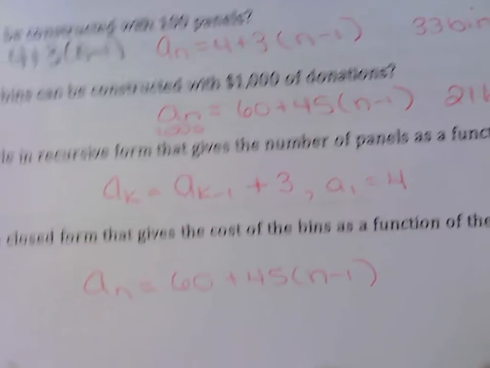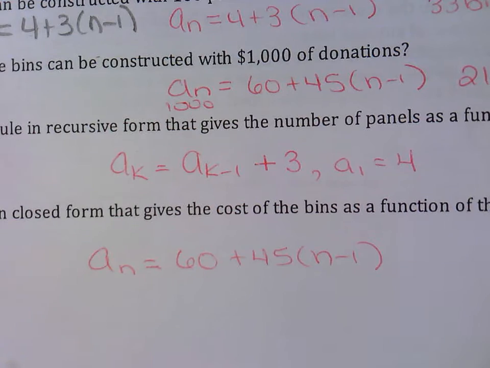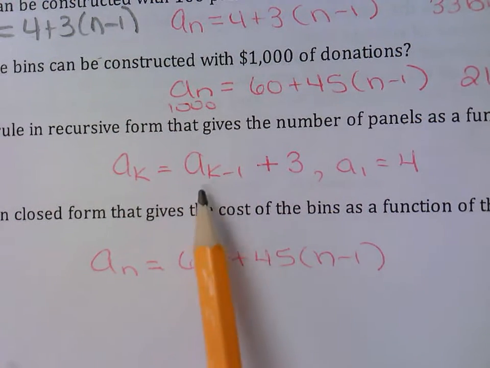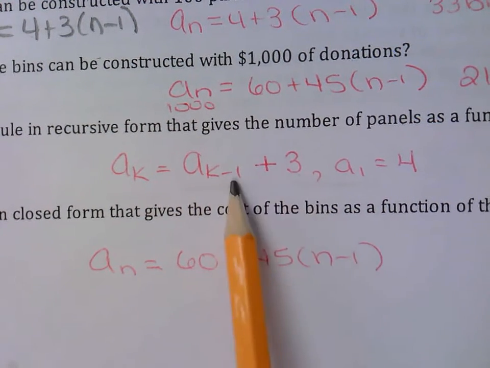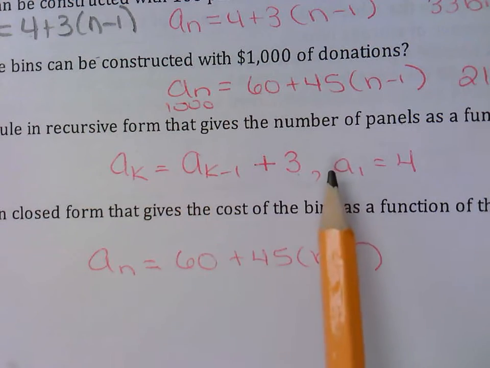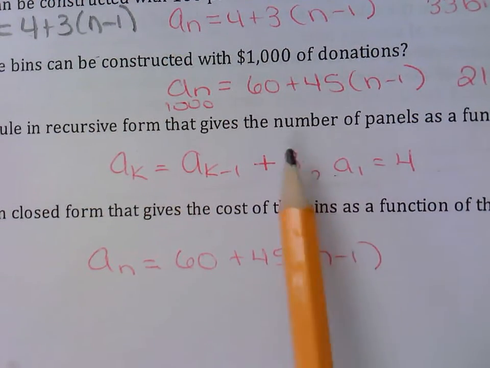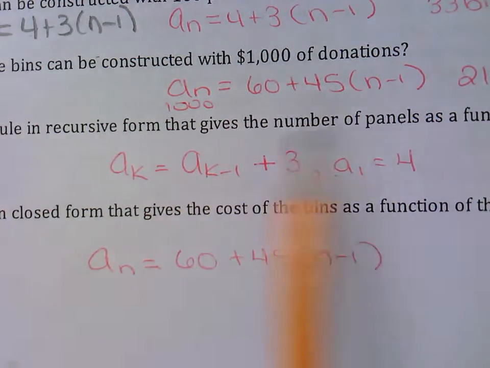The recursive one I'm not as concerned about, but for the number of panels, it's adding 3 more every time, and you have to tell them that the first term is 4. So if you got recursive right, good for you. This is the one I'm more concerned about, is writing the closed formulas correctly. So just gauge for yourself if you were able to do that. So you've got homework tonight on arithmetic, but I wanted to jump into